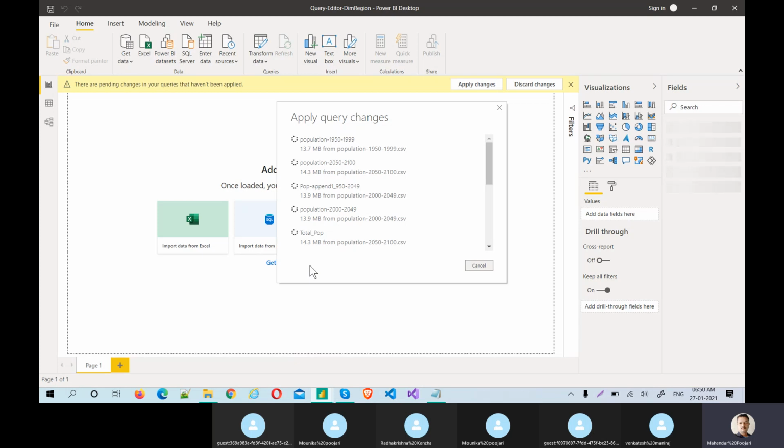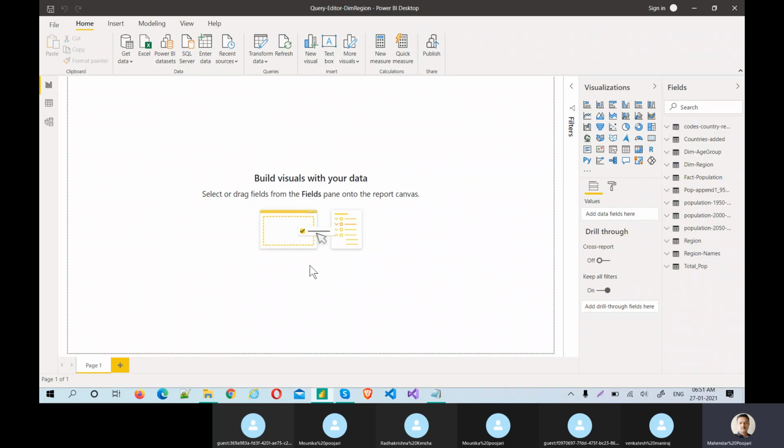Meanwhile, why should we not load all of them? Because we took all the three files and we created one file, and right now they loaded. If you see, there are a lot of tables. We don't want all these tables because we created one table, out of which we created these other tables, and the country added is also not required to be loaded. This total population was the final file. The others are not required. We want only one fact table and two dimension tables, that's it.